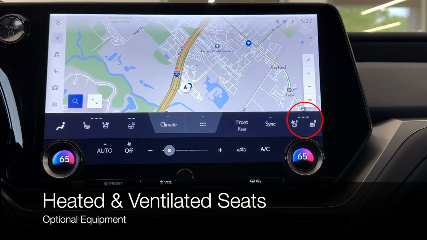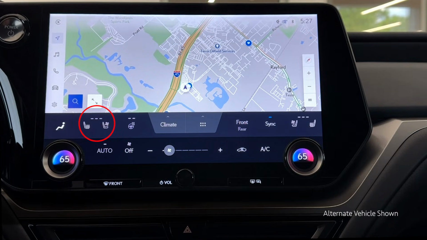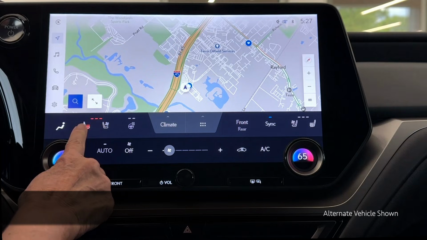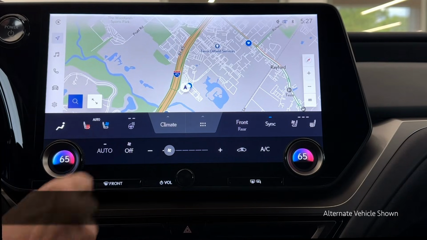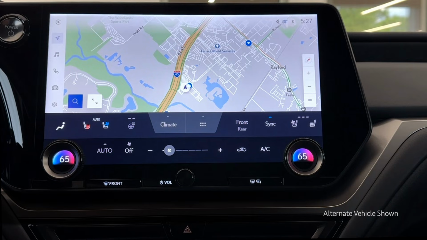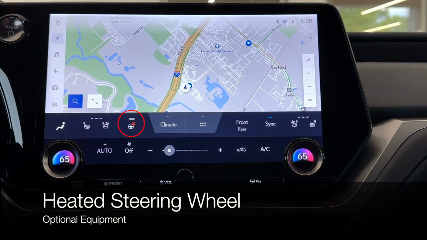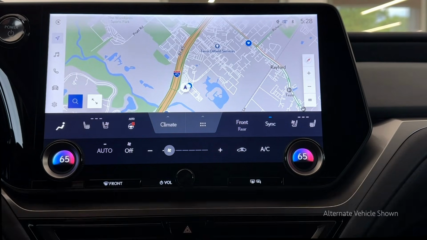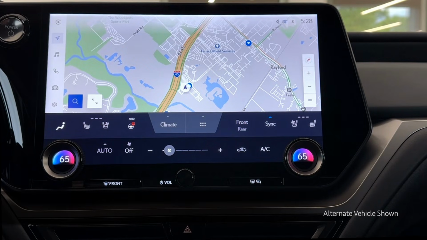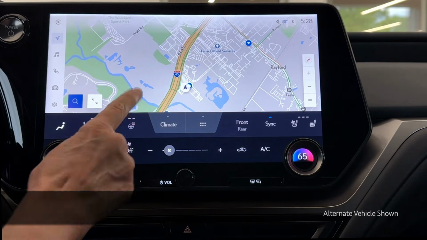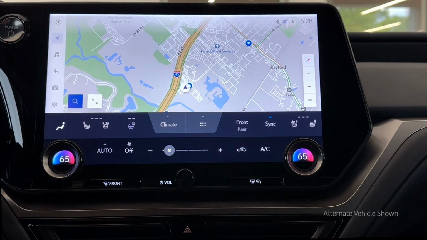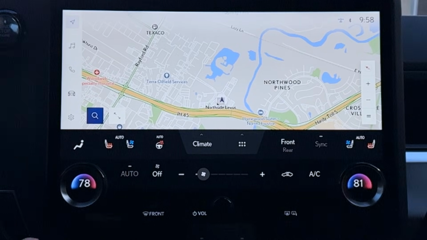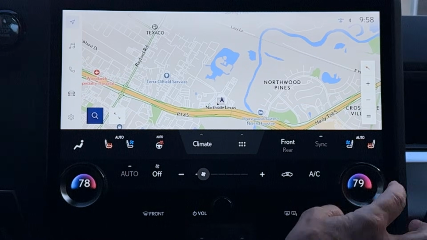The heated and ventilated front seats also have an auto mode. The first press of either heat or fan will turn on the auto mode. The heated steering wheel operates in a similar way. The first press turns on auto, the second press will be high, then click again for low, and again for off. Driver side temperature dial, passenger side temperature dial,